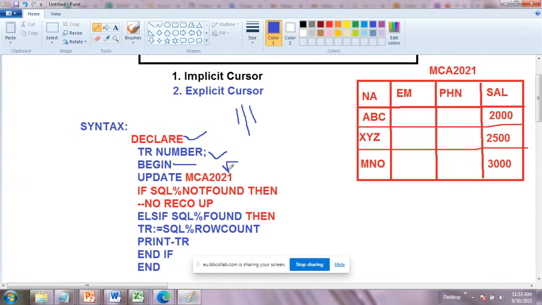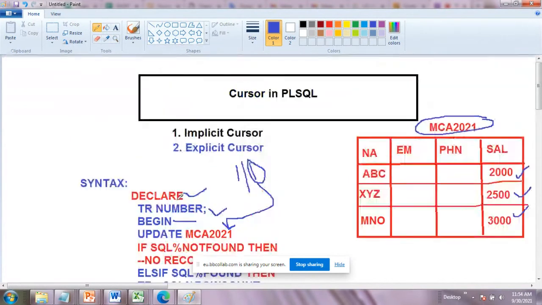Here you have chosen update. For the update, your table name is MC2021, holding 3 rows having the salary. So you are going to update this salary. First of all, what we have checked is SQL not found.